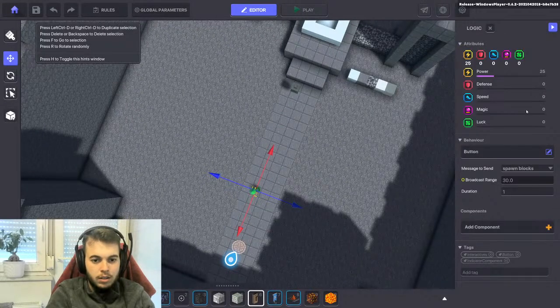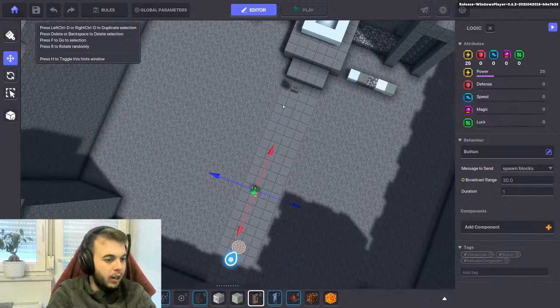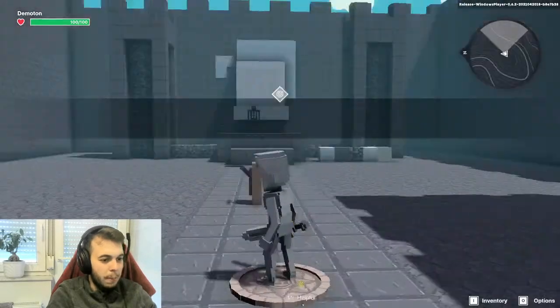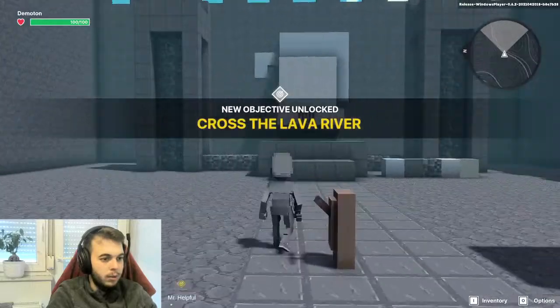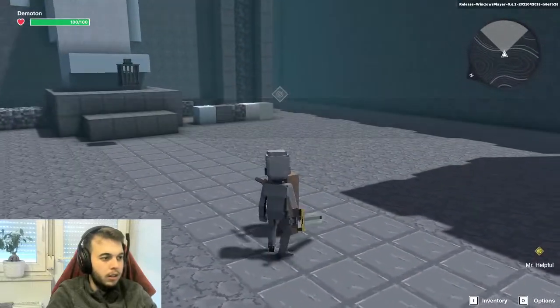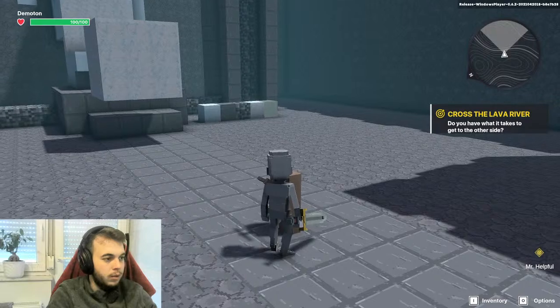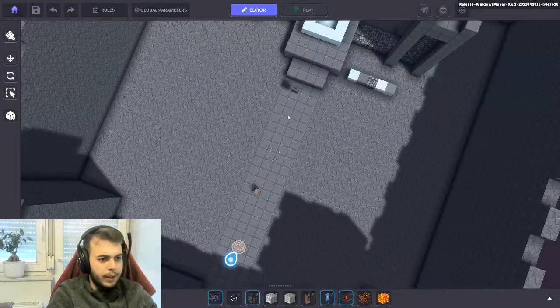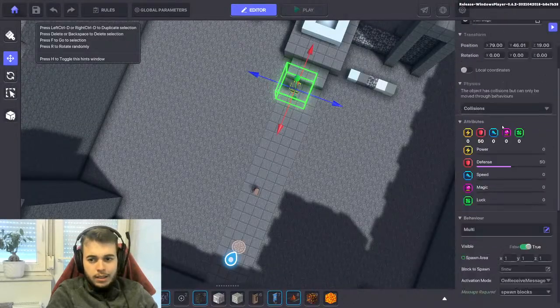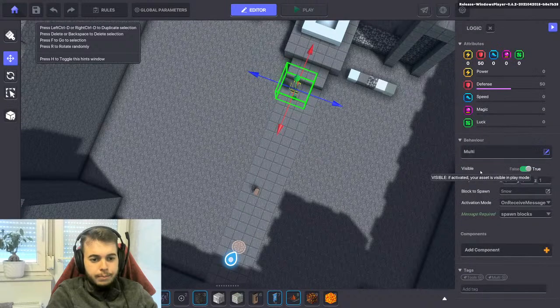It doesn't need an indicator component, but duration, I guess that's less than 30 blocks. So now it's not spawning anything, and if we use it, okay, and if we use it again, it does nothing. So there's that, and let me just quickly,